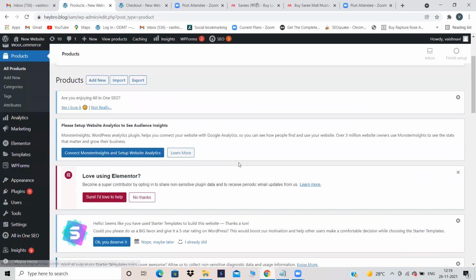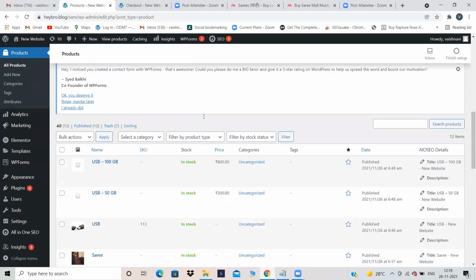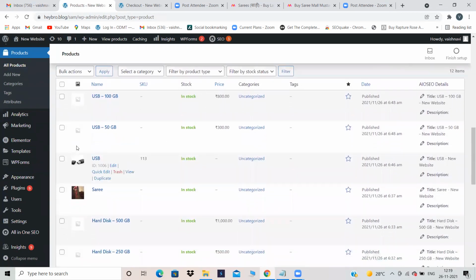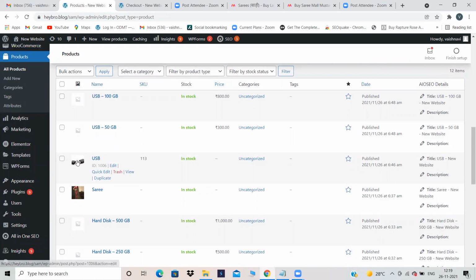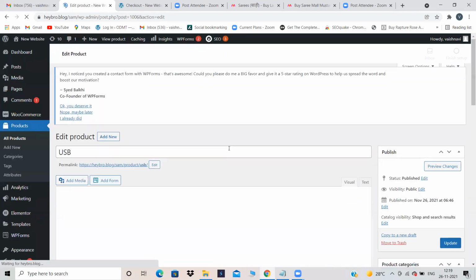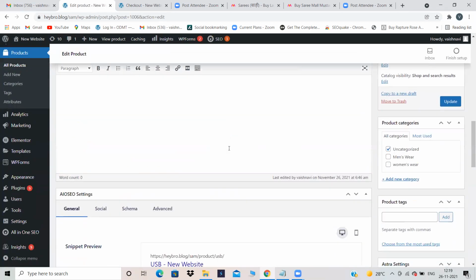See, I clicked on all products and this page is appearing to me over here. This is a product image which I have given over here. This image will appear to the user. These 2 things the user will not see, so it's okay. But if you want to give any image, if they click on a particular product, then they will see that some image has not been added. At that time you can give, but right now I'm not giving, but you guys can give it. It's up to you. Now you need to select USB. If you give an image also, nothing will happen over there.